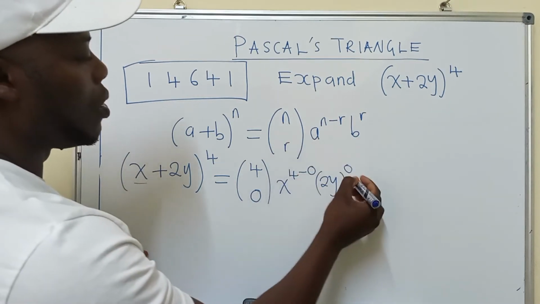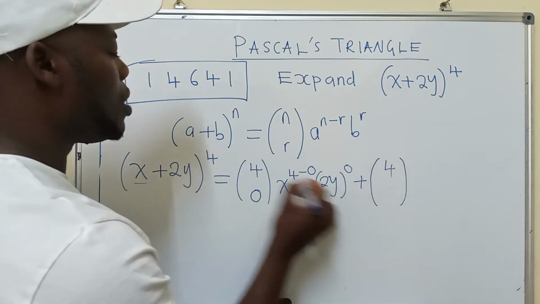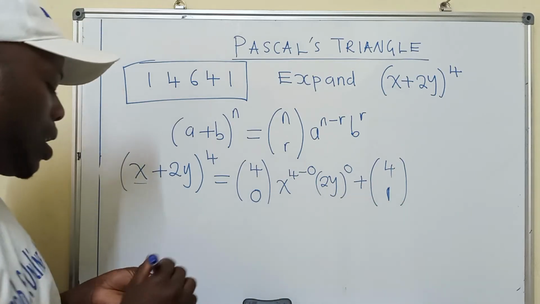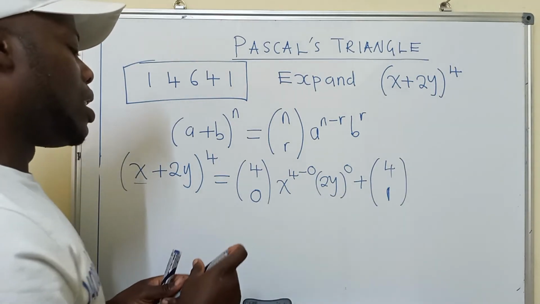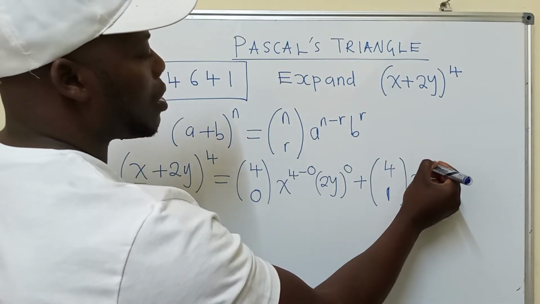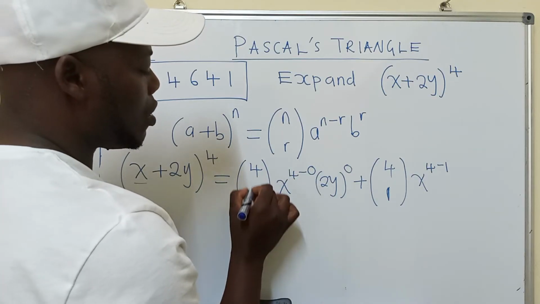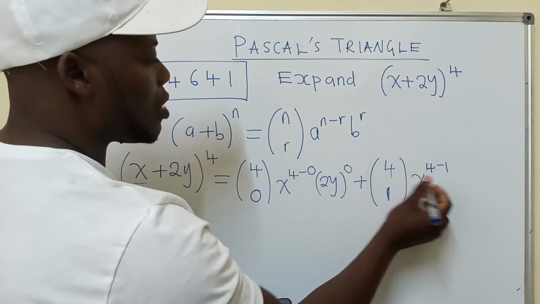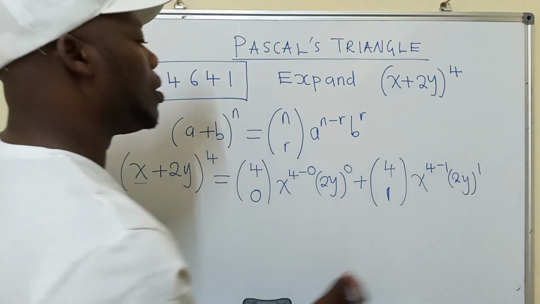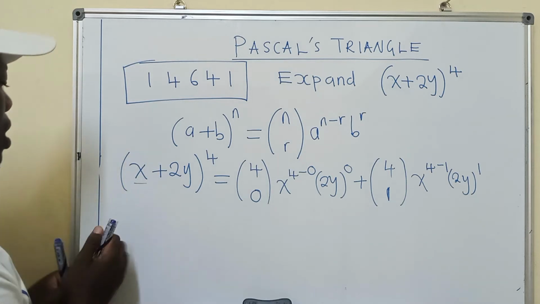Like it is here, plus. This time around, we put a 4, maintain it, and a 1 here. From 0, it's 1. Okay. I guess we are moving together. We have x power 4 minus 1, like it is here. This minus this. So 4 minus 1, 2y power 1. Okay. Next, we shall have